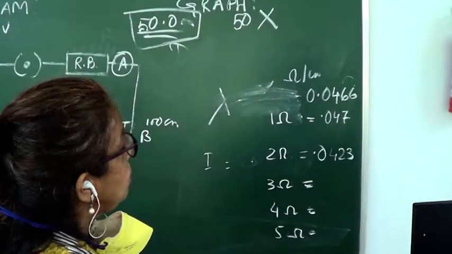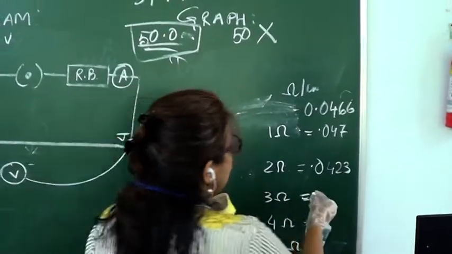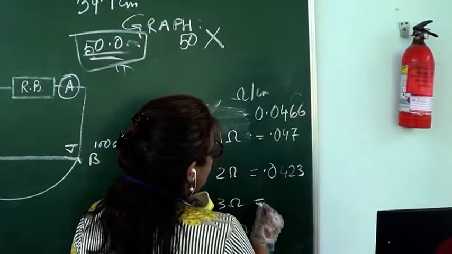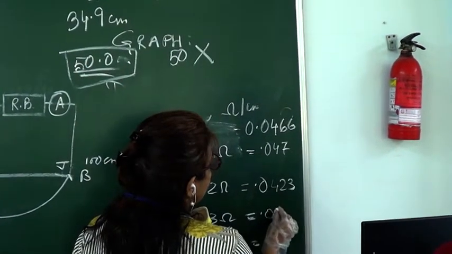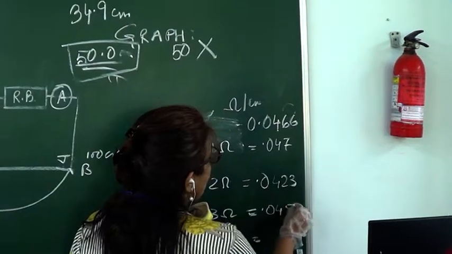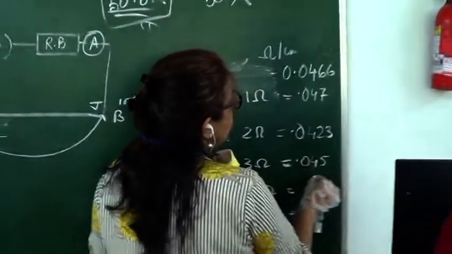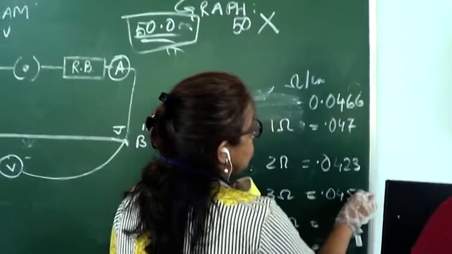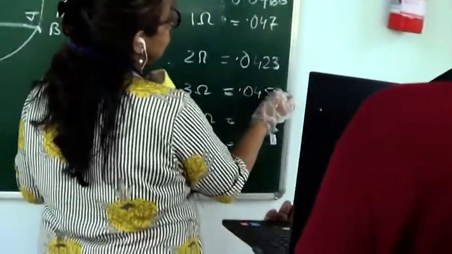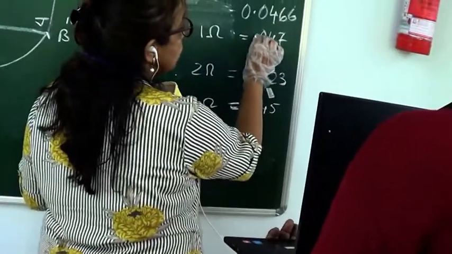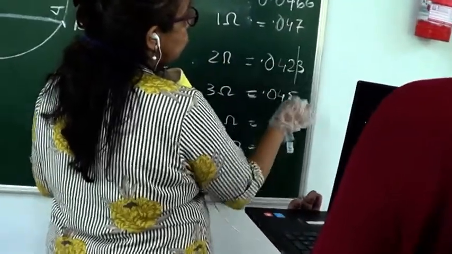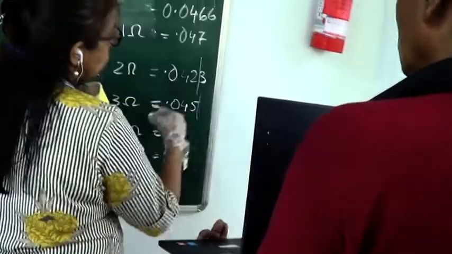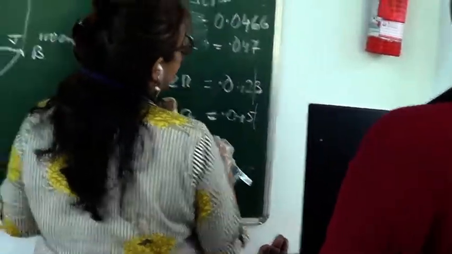Then I will tell you a very important thing. Hurry up. What is coming for 3 ohm? Tell me someone. For 3 ohm, 4, 5. Now if it is up to 3, 6, 4, 5, then what? 4, 5? Okay, 2. I hope you know significant figures. This 0 has no value. So up to this, this is for 2 places of decimal. Correct? 2 significant figures. Actually you should do it for 3.